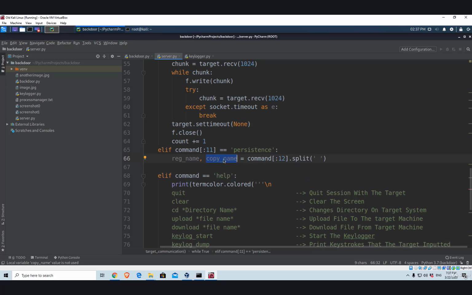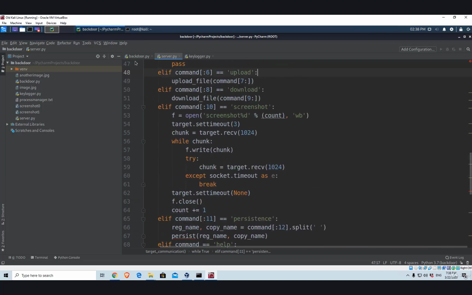And then with the copy of our backdoor that we're going to create, we're going to use the reg name in order to create the persistence and registry key onto that copy. So even in case the target deletes our backdoor, we're still going to be able to connect to their machine. Okay? All we're left to do right now in the else if statement is to call the persist function that we're about to code right now and put in these two arguments, which are the reg name and the copy name. Alright? So now let's go all the way up,